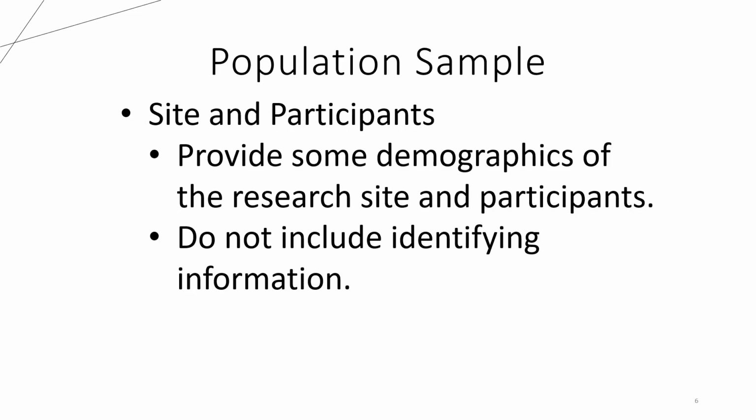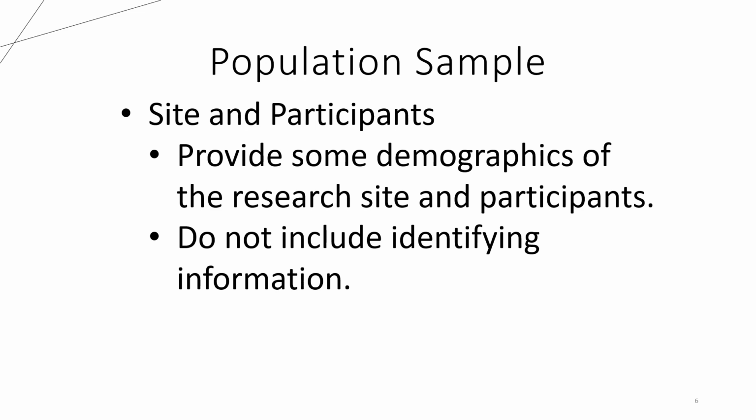Your next subheading will be population sample. In this section, you're going to define a little bit of information about the research site and your participants. Remember, this paper needs to be anonymous. So as you give your information, provide general demographics about the research site and the participants who participated in the study, but you want to make sure that you leave out any identifying information. You don't want to include the name of the school, the name of the district, even the name of the town. Definitely you don't want to include any student names, but you can gather some data from DESE on what